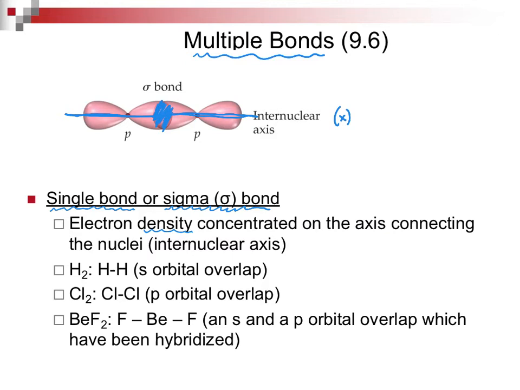nuclei. It's factual. For a hydrogen molecule, it is two hydrogen atoms, and we have the s orbital overlap. For chlorine, we have a p orbital overlap. And as we taught in the last section, for BeF2, we have an atomic orbital s and an atomic orbital p, and that atomic orbital s and the atomic orbital p, they give us sp orbitals, and there are two of them. They are the hybrids. So a word question can involve any of the facts that are on this slide.